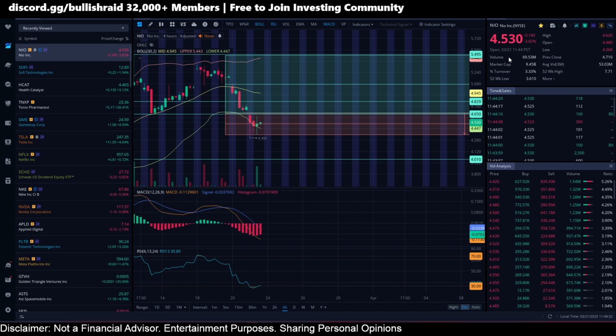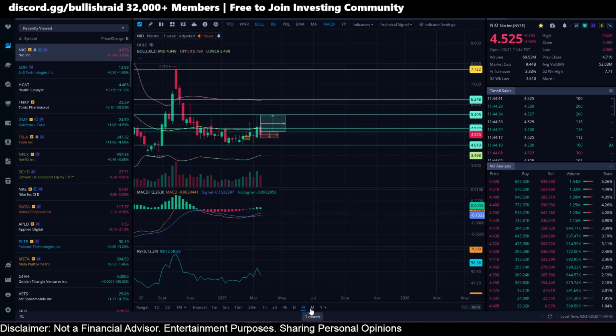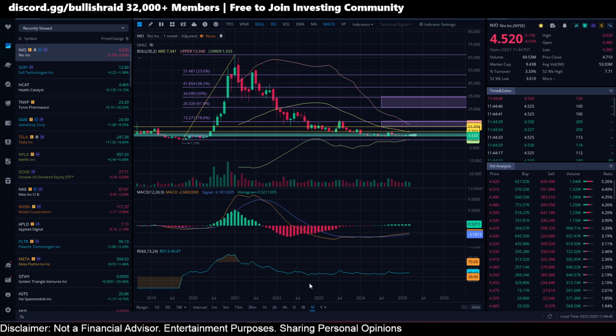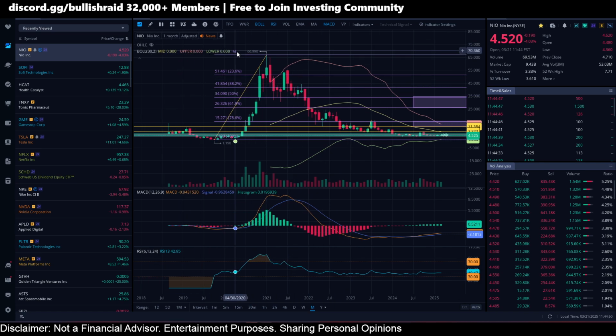Are you guys long-term in NIO stock? Do you have shares in NIO stock or calls? Are you bearish or bullish right now in the short term? Or are you just patiently waiting out for the long-term things for NIO stock here? I know if we zoom out here to the weekly chart, you could see even on the monthly chart, NIO in the past here hit a high of $67 pretty much.